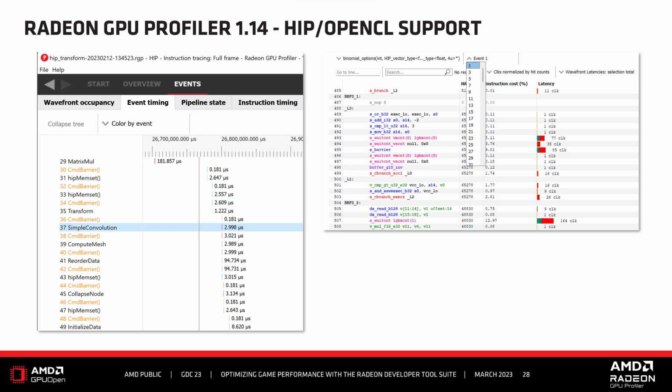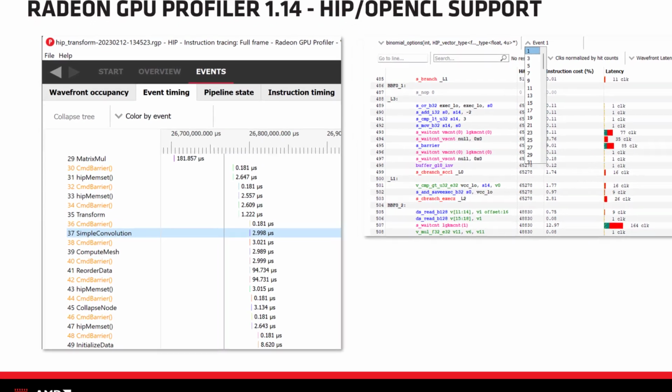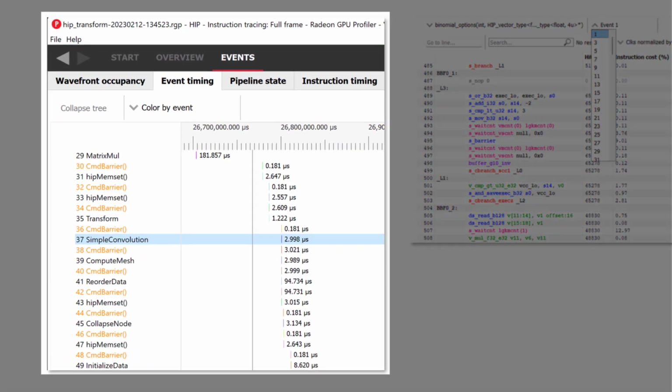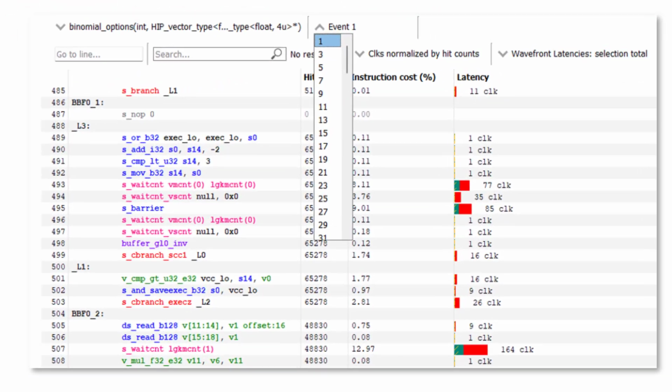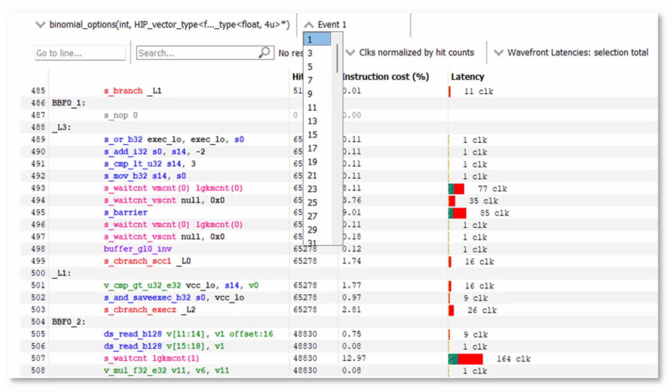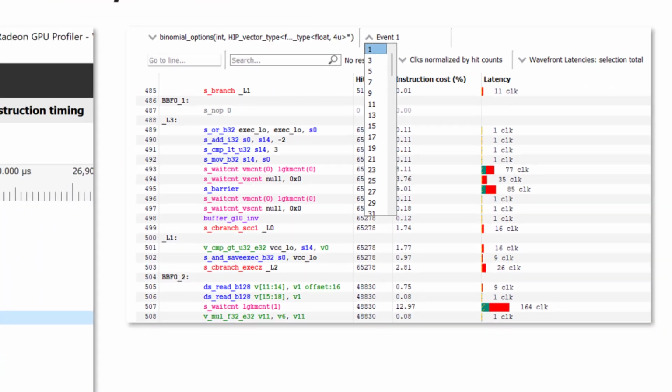I'm not going into too much detail here, but if you have a compute application built using the HIP API, that application can now be profiled with RDP and RGP. On the left side here, we can see a HIP profile where several HIP APIs and kernels appear in RGP's event list. As part of the work to support HIP, we have now enabled support for the instruction timing features for both OpenCL and HIP. As we see on the right here, we can now show low-level performance data for compute kernels the same way we've been able to for DX12 and Vulkan shaders.